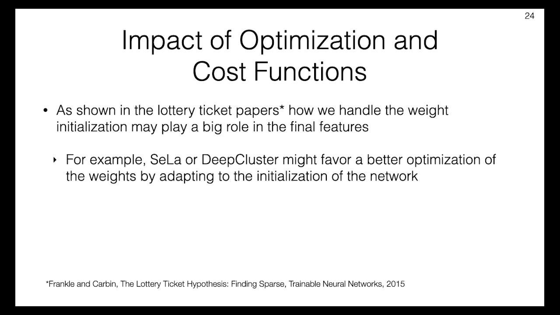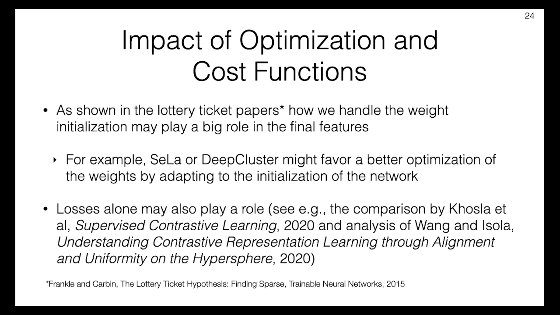Also, the contrastive learning loss alone may have an impact on the performance. As shown in the recent work of Kolesnikov et al., contrastive loss surpasses cross-entropy with standard data augmentations. Also, Wang and Isola showed that what matters in the contrastive loss are 2 components. One is the uniformity of features projected on a hypersphere, and the other is the alignment of features that should be invariant to data augmentations.